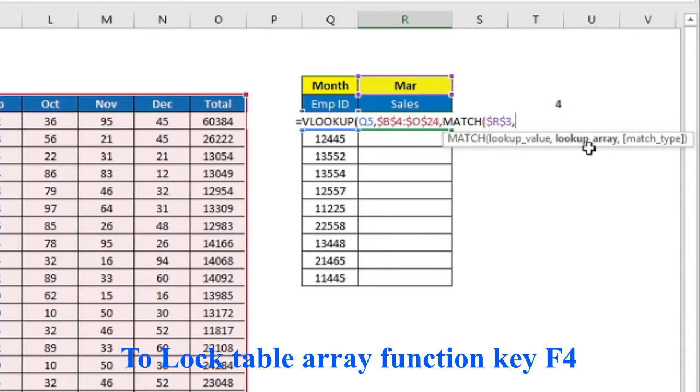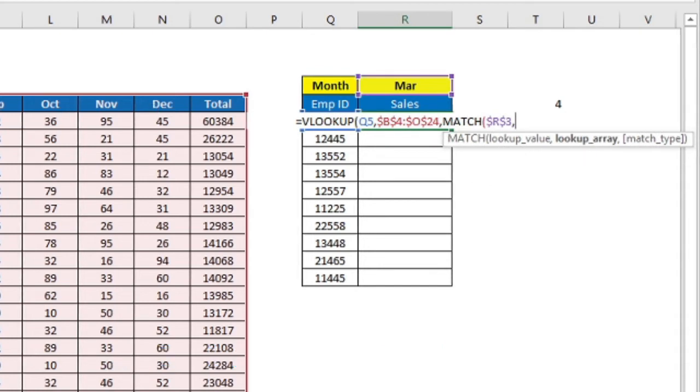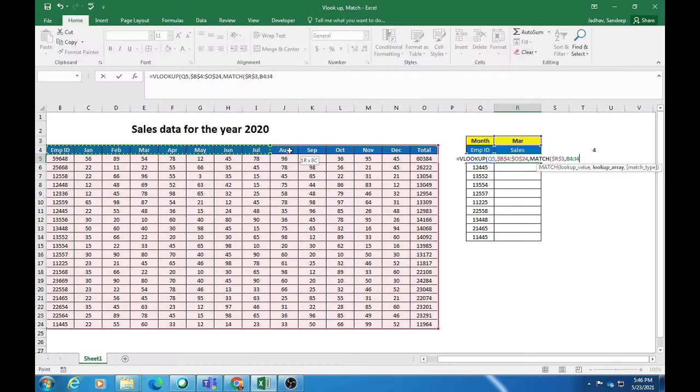So the lookup value is done, comma, lookup array. Now for what range do I want to check the column number for this particular month, that is March? Make sure that you are only selecting a row or a column. You cannot select a table over here. So we are just selecting this particular row because we want to check the position of Jan, Feb, March in this range.